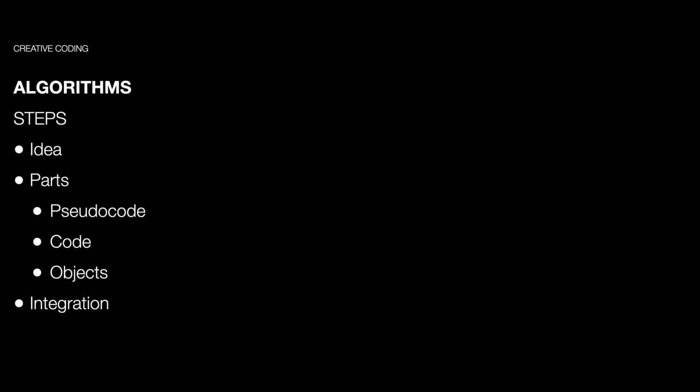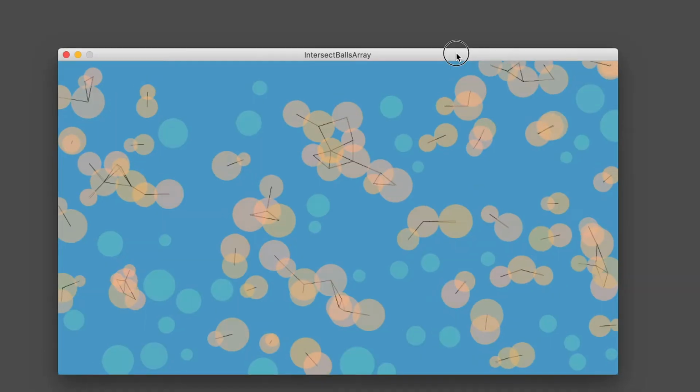Then we want to convert it into actual code, and from there we'll do some reorganization using objects, classes, functions. Trying to get things more modular, and thinking about how to connect things. And the last part is the integration of getting several different algorithms or classes, functions, and getting them to all talk to each other, to behave. This is cleaning up your code, debugging it. So that's the last important step in the process.